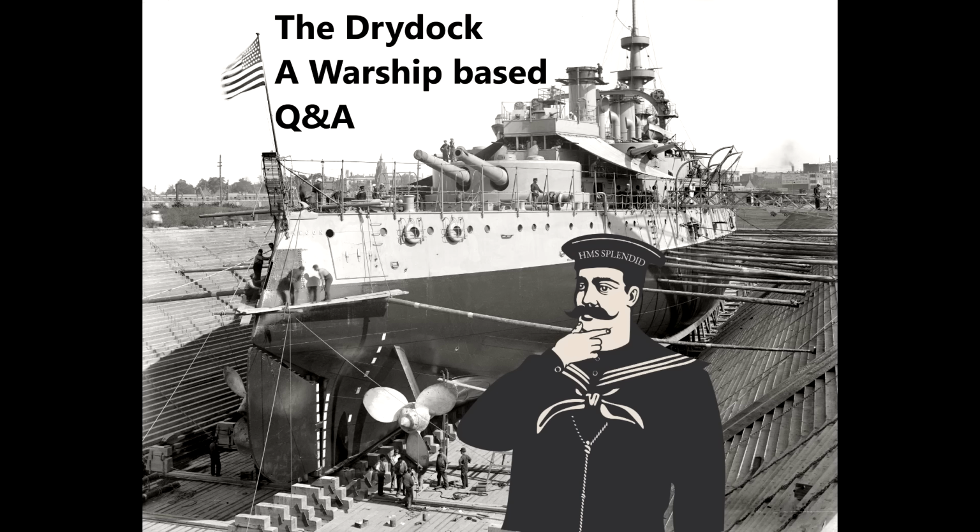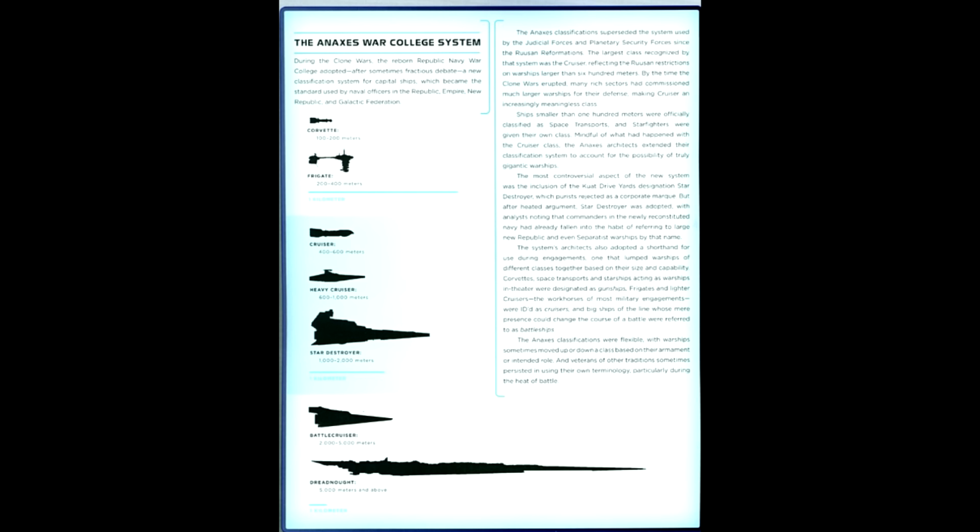Chaos asks, on this topic, that being the battleship generations, I wonder what you think of the Anaxes War College System from Star Wars, which generally rates ships 1,000 years before the Battle of Yavin and onwards, based on their size, because bigger ships means that you can fit more guns on them. I generally rather like the Anaxes War College System, actually. In some ways,